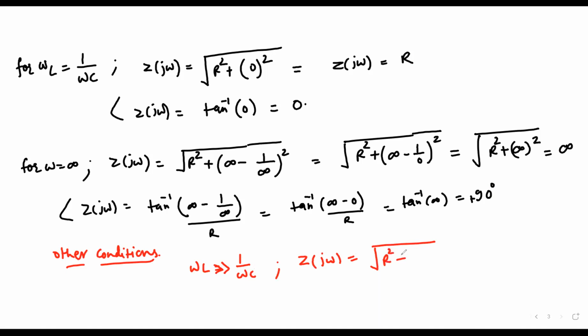It would be square root of R square plus omega L whole square, because 1 over omega C can be neglected in this case. And the angle of Z of j omega would be tangent inverse of omega L divided by R. Similarly, for the case omega L is very, very much less than 1 over omega C, we can write Z of j omega